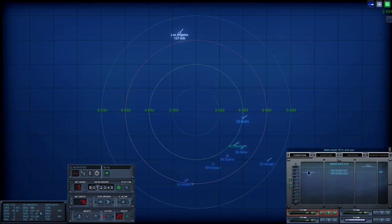Make depth 7-6, dive high. We are going below the layer to shoot. The longer I can keep the torpedoes concealed, the better it is for the attack. We are just going to shoot